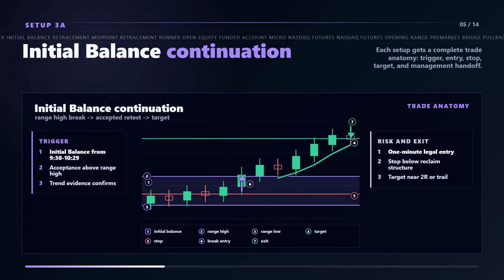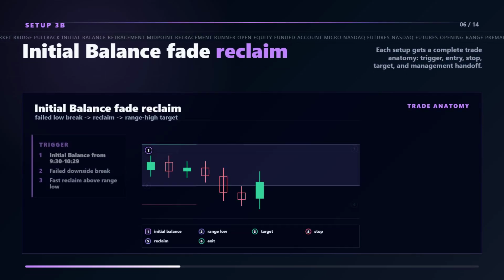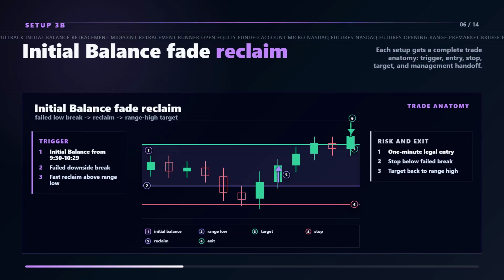Continuation means price cleanly accepts above the range high and keeps going. Fade means price breaks the range low, fails, and quickly reclaims back inside the range. A clean high break would continue, while the failed low break can enter for a move back toward the range